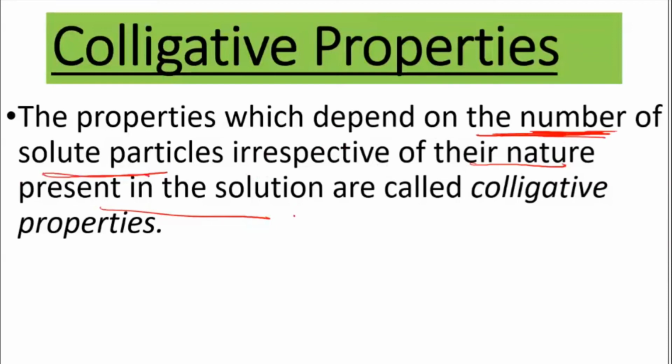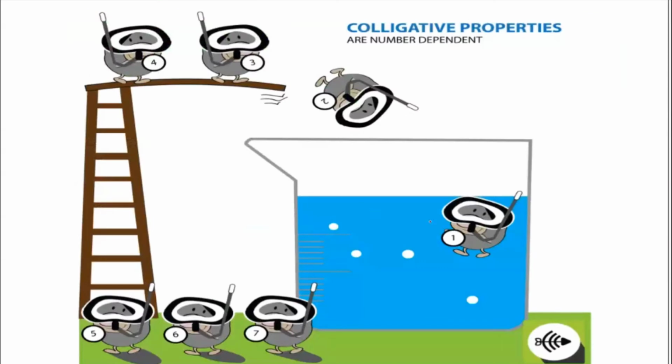Now when you are measuring colligative property, remember, like you can see here in the animated picture, when you are measuring this colligative property, which depends only on the number, we are going to calculate this only for dilute solutions. We calculate colligative property for dilute solutions. This calculation could be done only for this.